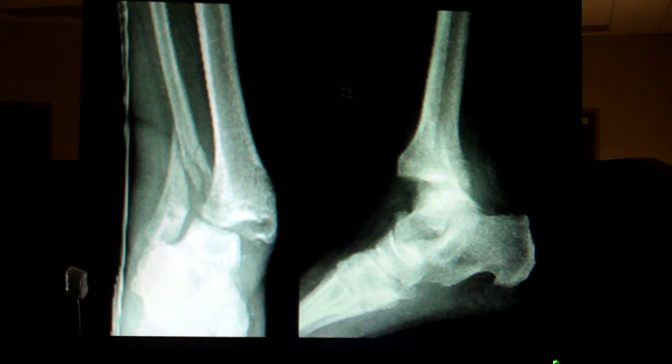Okay, do you do what Jack said? Fix the fibula first or no? Yeah, I mean, I can't really tell. There's probably a posterior mal component to that,